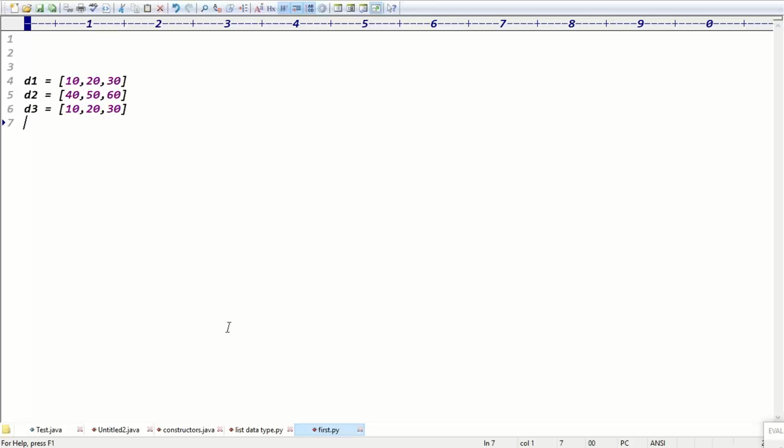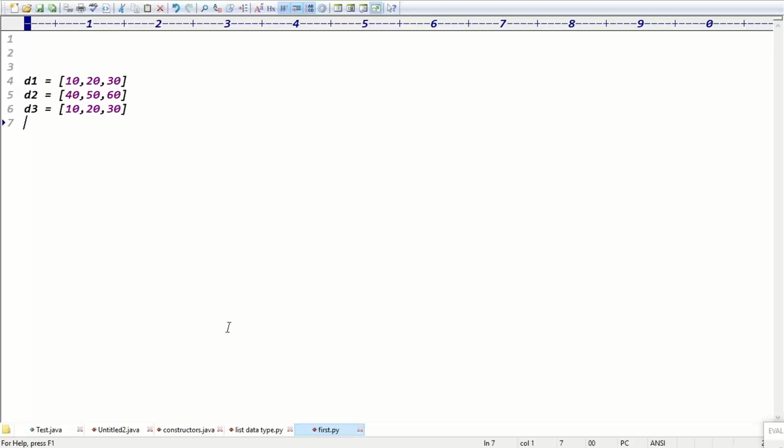Yes, list is mutable. Venkatesh said different memories. Mutable means in future we can do modifications, right? Even though initially d1 and d3 have the same data, in future d1 can do its own modification and d3 can do its own modification. If they can do their own modifications, do they point to the same memory or different memory? Different memory, right? Exactly, guys.